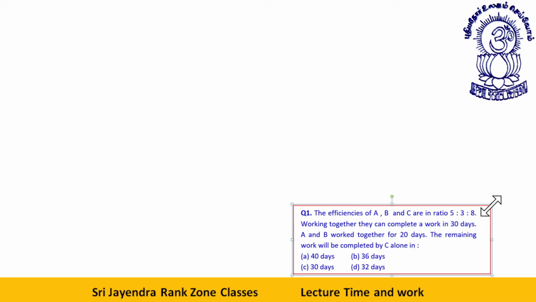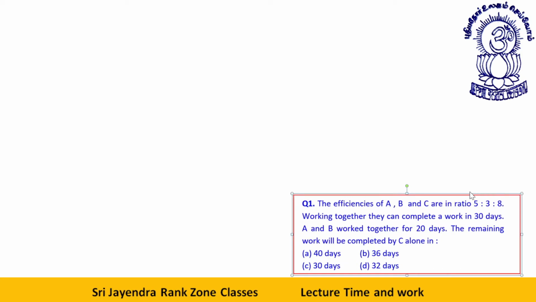Now, as I told you, the question based on efficiency and speed. The efficiencies of A, B, and C are in the ratio 5:3:8. Working together, they can complete a work in 30 days. A and B work together for 20 days. The remaining work will be completed by C alone. A, B, C, their efficiencies are